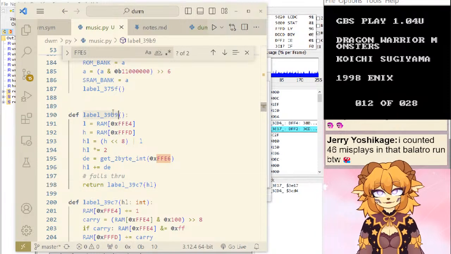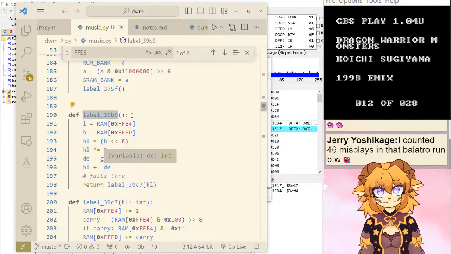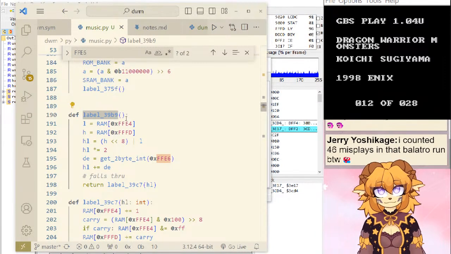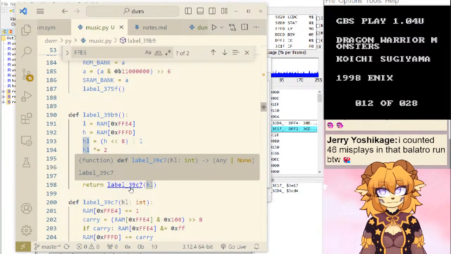Okay, so this gets our current offset into the song. At least up to this point, and then it falls through here, and I'm not sure what this part does.